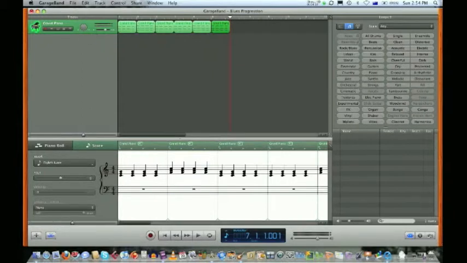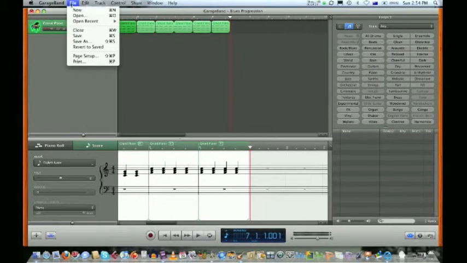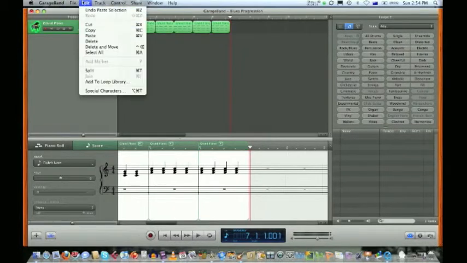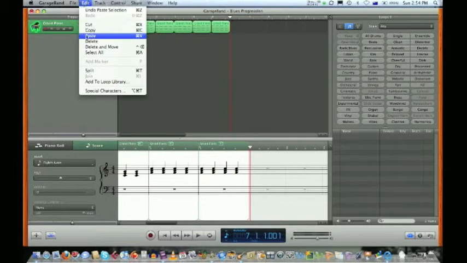Okay, now we're up to bar 7. It's on the second line of music there, and so just trust me on this, we want 2 bars of C now. That's the very first bar, so you click on that so it turns bright green. We don't want file, we want edit, copy. It's already smack bang on bar 7, so we go paste,